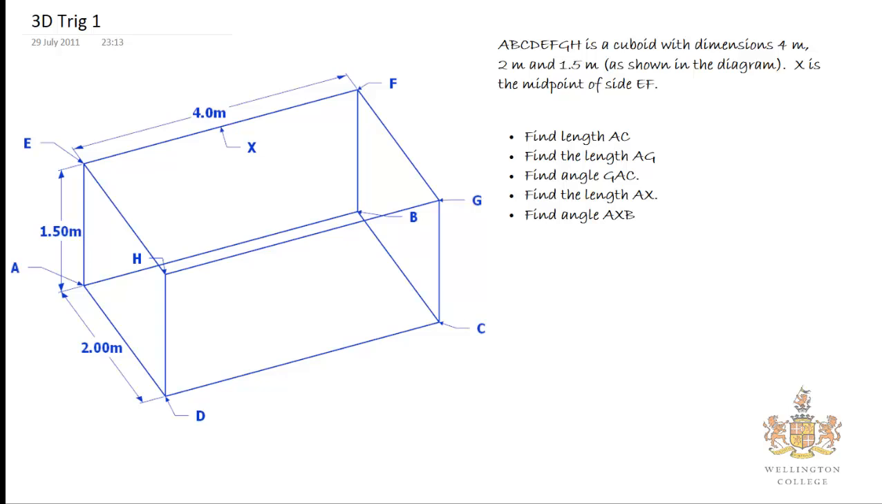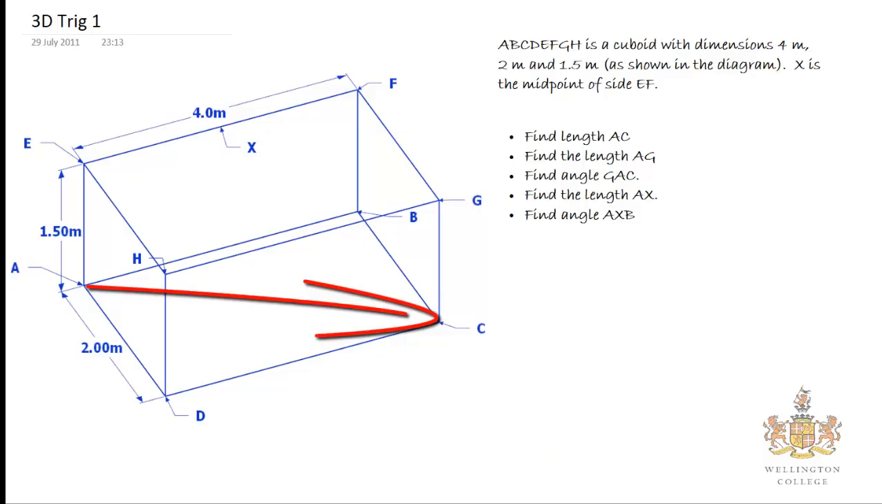Right, it's our first part of our first three-dimensional trigonometric problem. We have ABCDEFGH as a cuboid, and its dimensions are 4 meters by 1.5 meters and 2 meters, as shown in the diagram. X here is the midpoint of EF, and the first thing we want to do is find the length